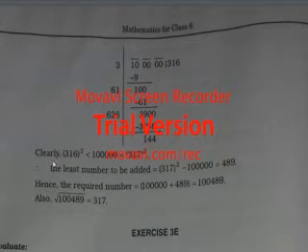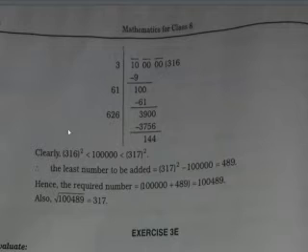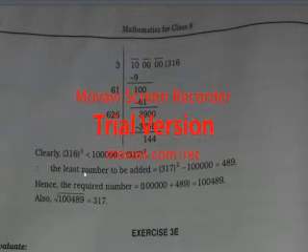So if I see this square, this is less than the 6 digit, this is a 5 digit number, and this is the 6th digit smallest number which is a perfect square. Okay, so you can see the same thing has been done. The least number to be added is equal to 317 square minus 1 lakh. Here also you can multiply using the trick, or simply multiply in the general method, but try to multiply by your hand only.